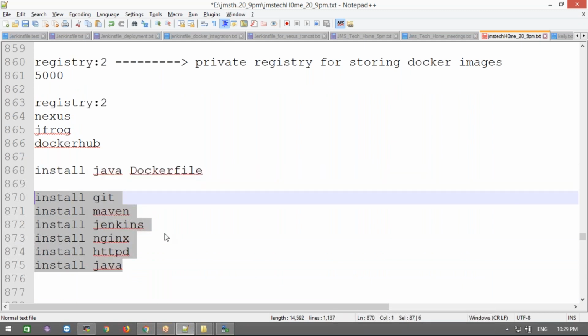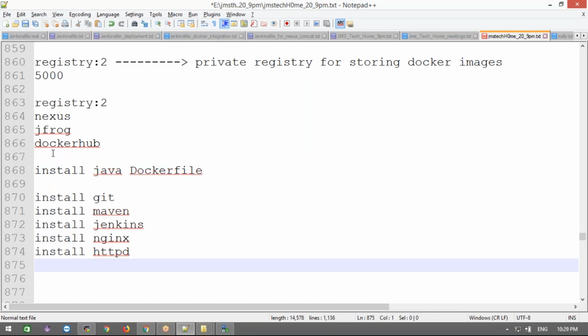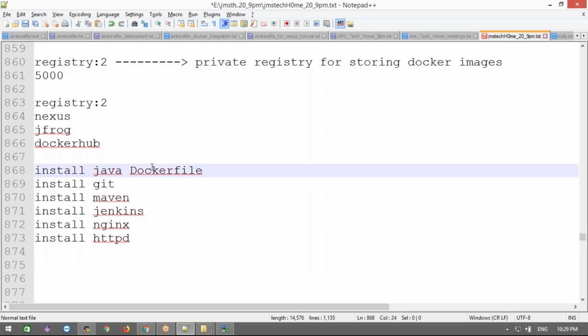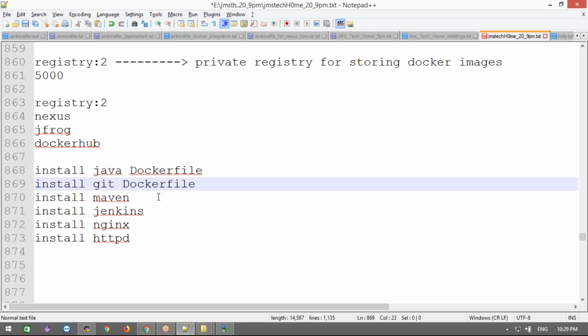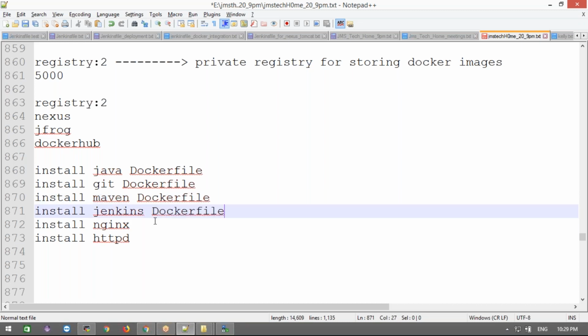If you go for any interview, they will ask any one of these. Just try, just try. I already wrote the Java one above, right? Fine. I need all these Dockerfiles and images. These are the six Dockerfiles I need as homework.